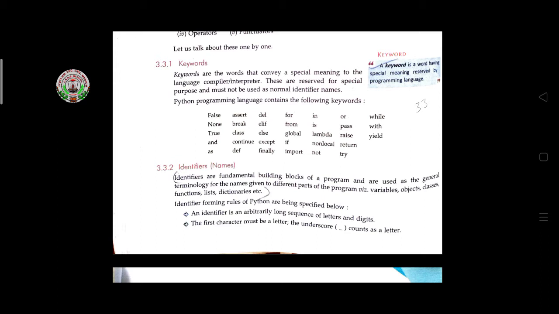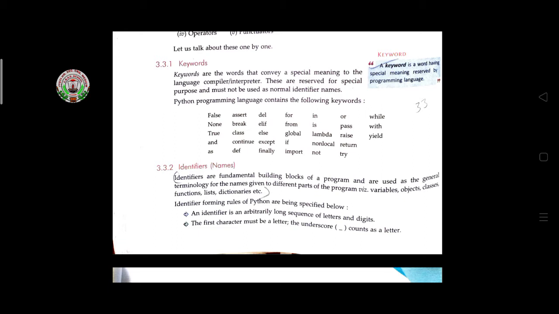So while writing the program and initializing any variable, you have to remember not to use these words in your programming line, because these are reserved words and you are not able to use them in a program.